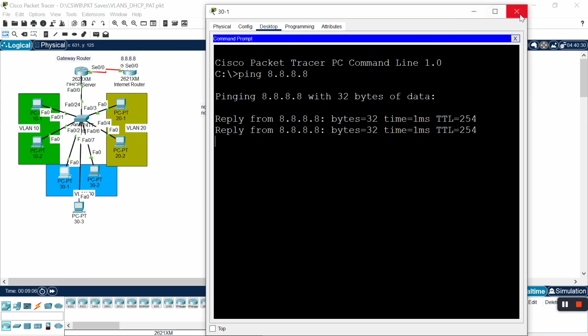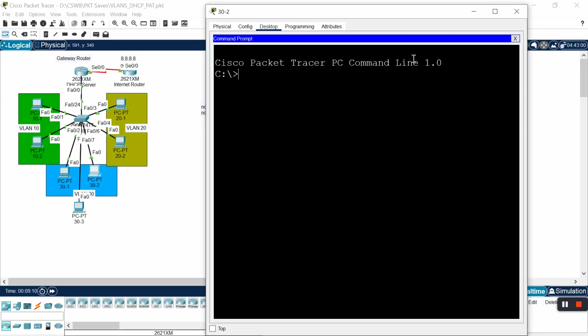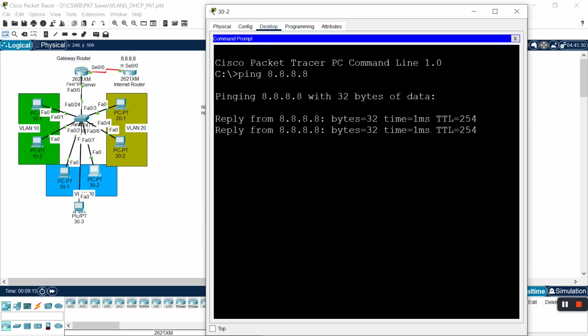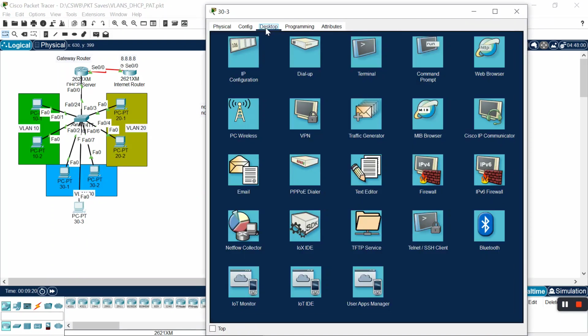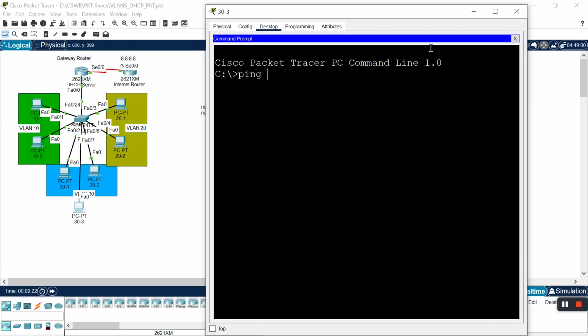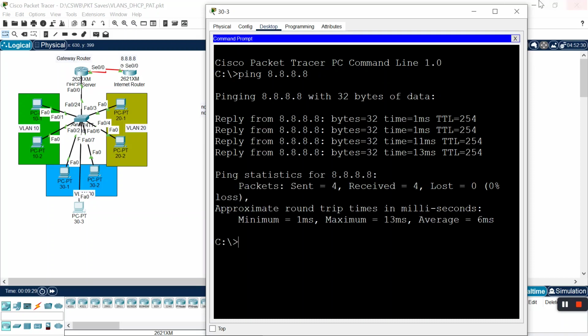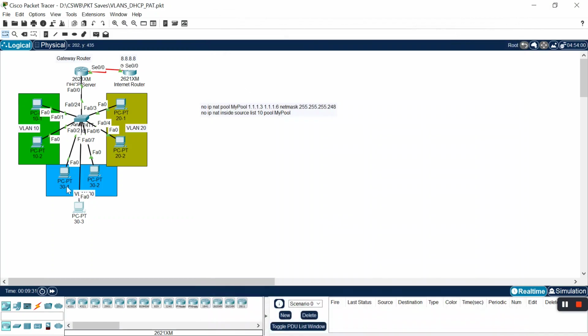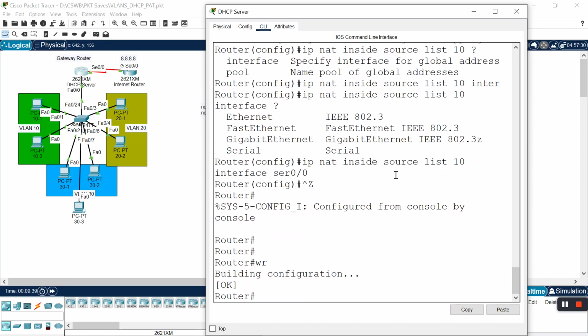All the clients are pinging and there is no interruption. We didn't have to provide all the bindings by ourselves, and we didn't have any problems pinging the client, just like in our last video when the IPs were all occupied. For example, we had 4 IPs in our previous video, so after the 4 clients were communicating, the 5th client was not pinging. So in this way we can configure dynamic NAT